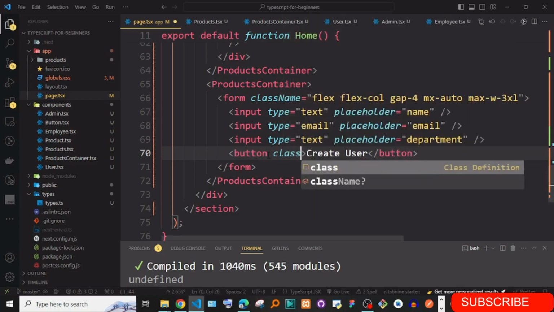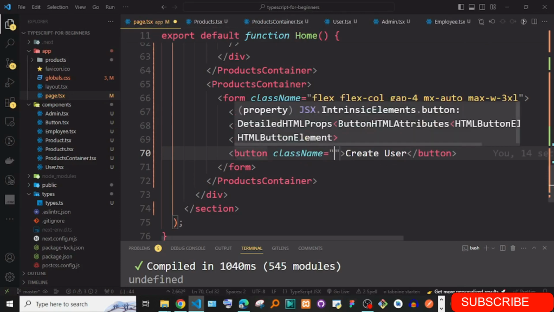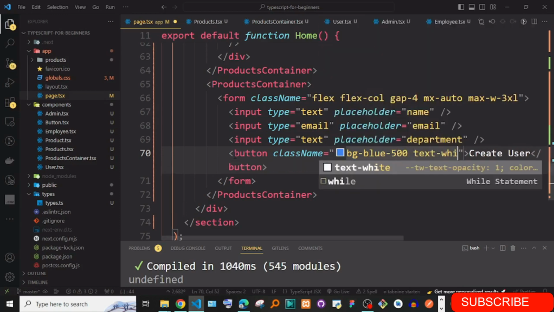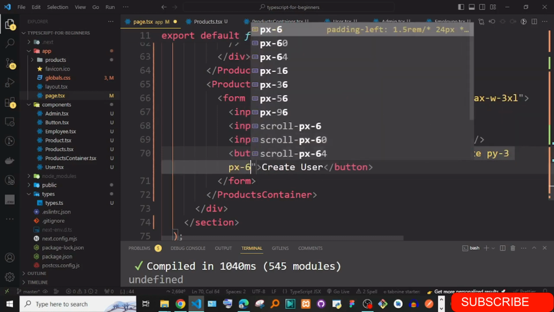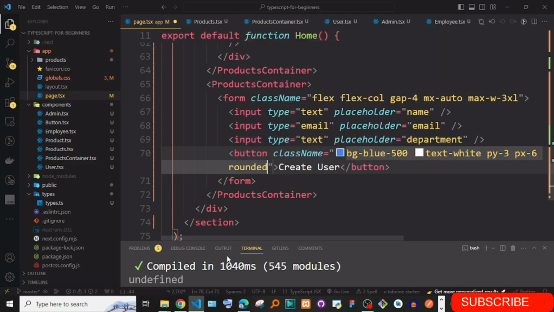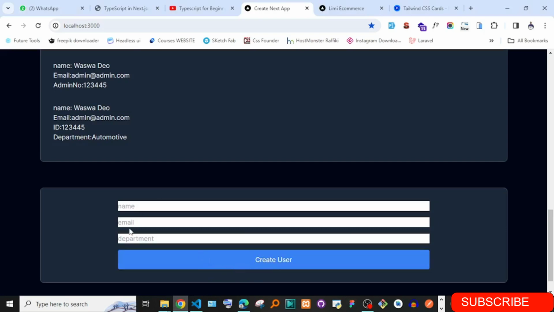Let's give some class name. Okay, and then we can just say, for instance, bg blue 500, text white, and then maybe py of 3, px of 6. Okay, and maybe rounded. Okay, so we have our button. Yeah, so we have name, this,